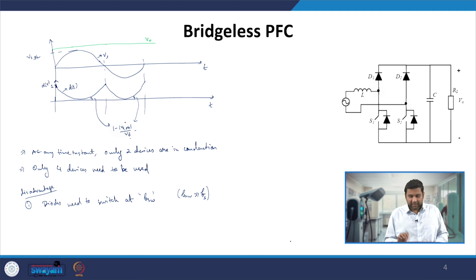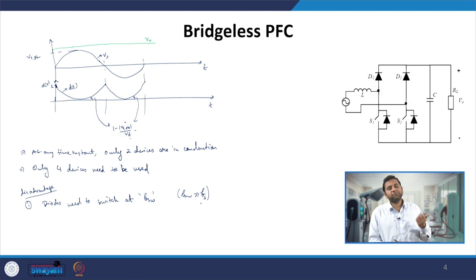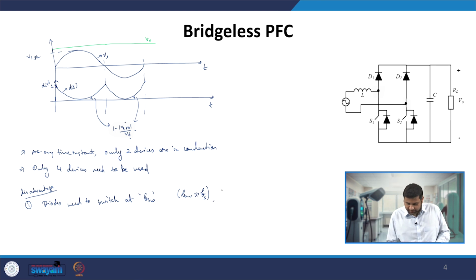However, here it has to go from off to on or on to off at every switching period, and that switching frequency is very much greater than Fs. Thus fast recovery diodes need to be used,